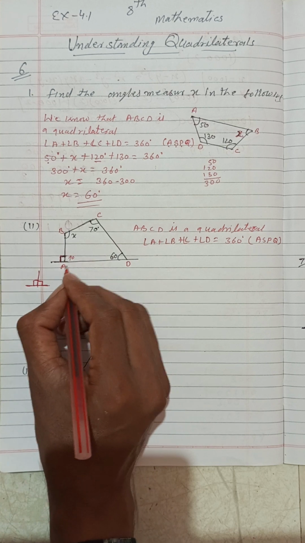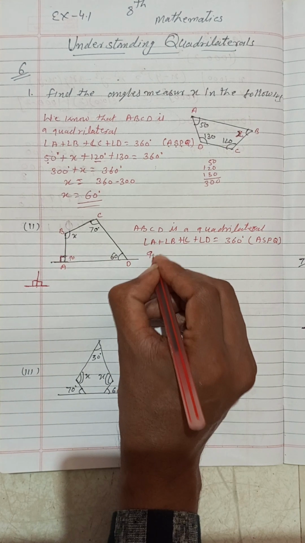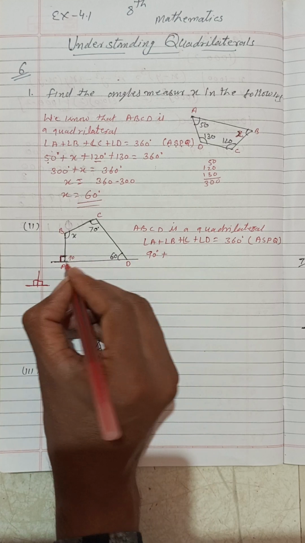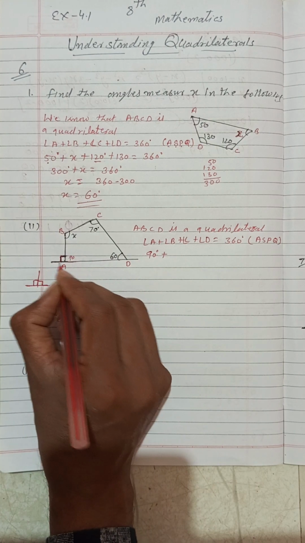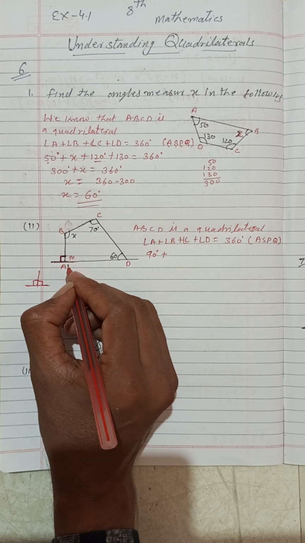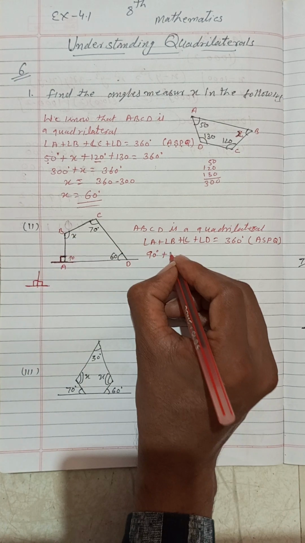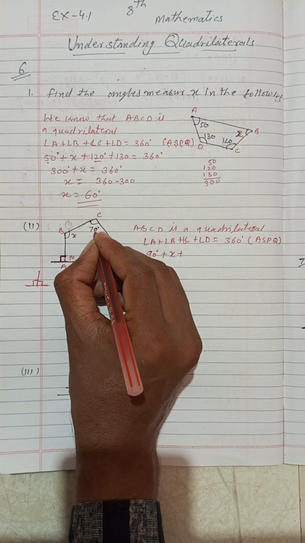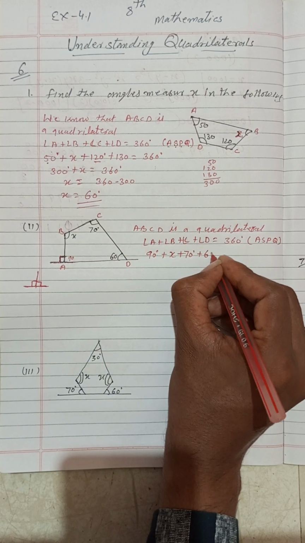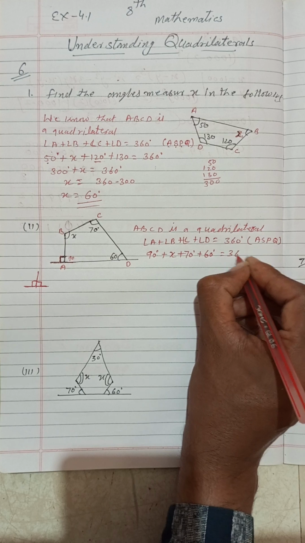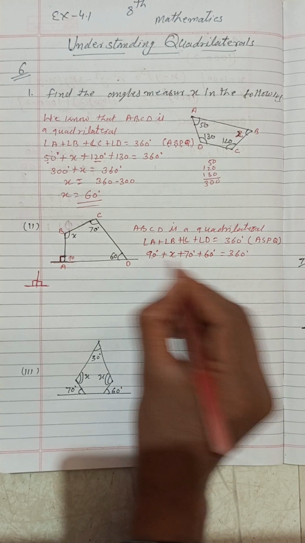In that we can write that angle A is equal to how much? 90 degrees. Plus, why 90 degrees? Because this side is given as 90 degrees and it is a line. On the line, the other angle will be 90 degrees. Plus angle B, how much is given? x degrees. Plus angle C, how much is given? 70 degrees. Plus angle D, how much is given? 60 degrees, is equal to how much? 360 degrees. Now we are adding 90 plus